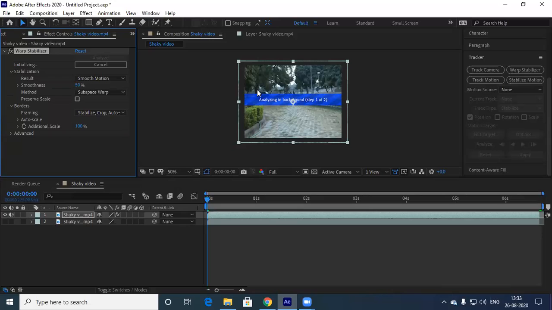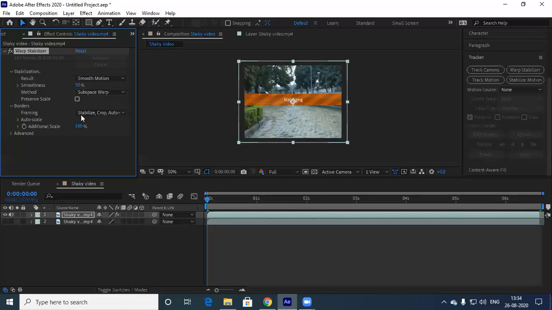If my element, after stabilizing, I scaled this footage. Assume I'm not scaling this footage, but somewhere this area is going out of the screen, so what it will do automatically is warp it. It will try to stitch it to the canvas.